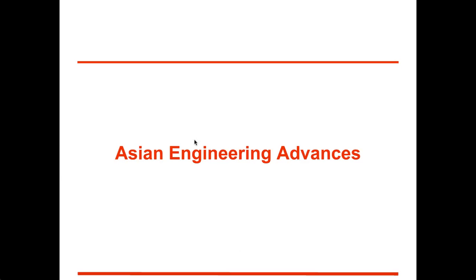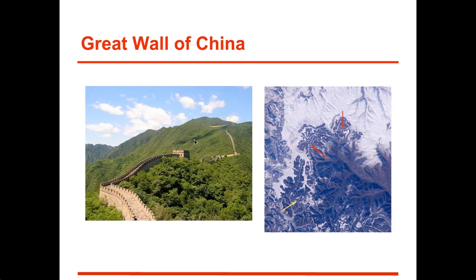All right, and then just, again, really briefly, just a few more advances in Asia. I really wish I had time to go across the world and show some really cool advances from all across the world. But for today, we have the Great Wall of China, which had been known for a very long time as being the only man-made structure able to be seen from space. Now, as our cameras and our satellites get better, we can actually see many man-made structures from space.